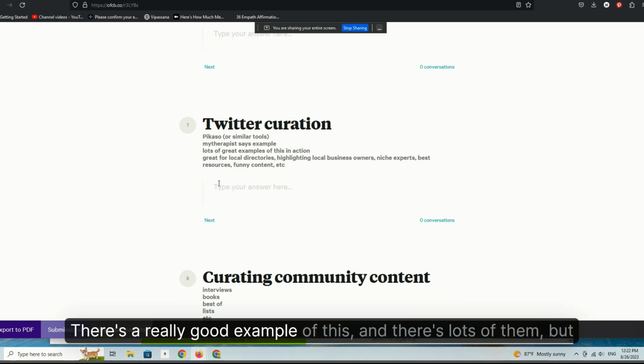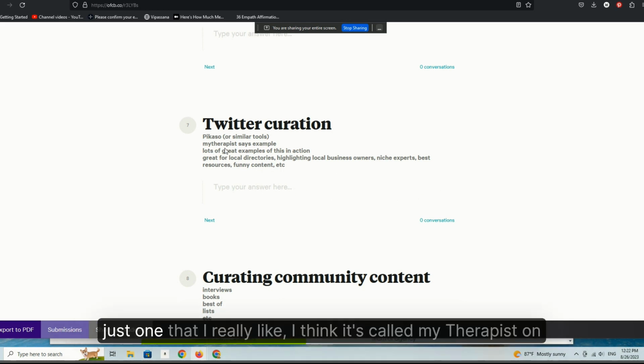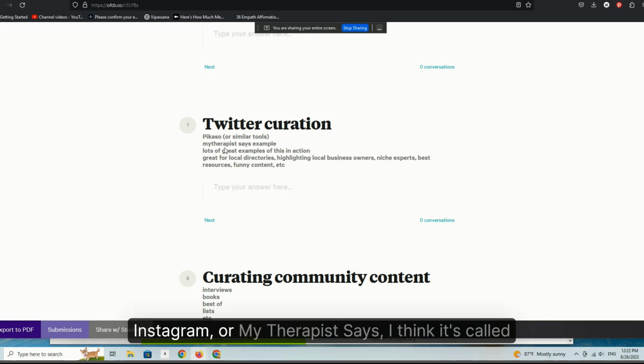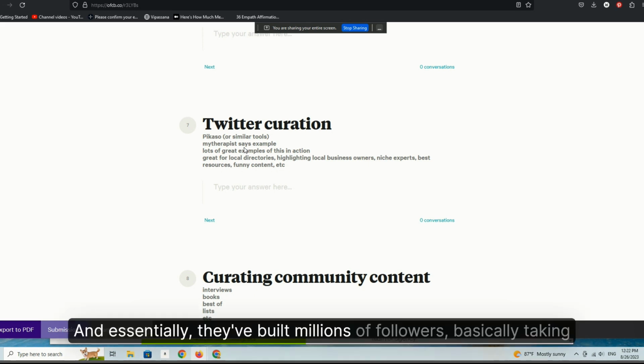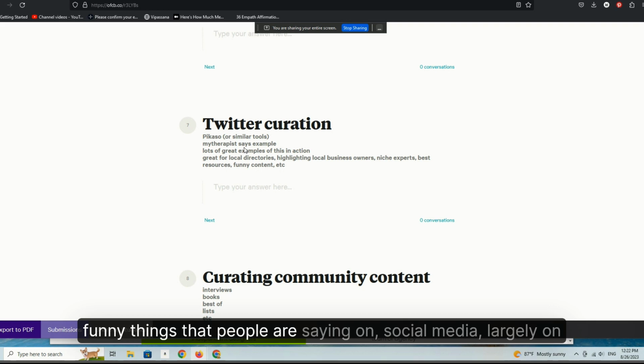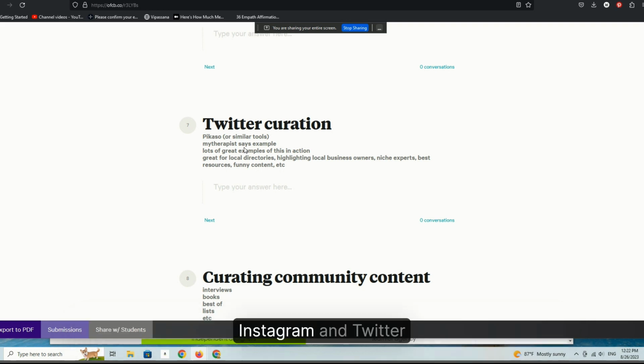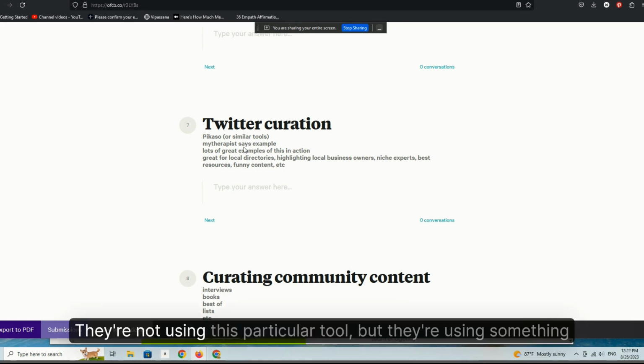There's a really good example of this, and there are lots of them, but just one that I really like. I think it's called My Therapist on Instagram, or My Therapist Says. Essentially, they've built millions of followers taking funny things that people are saying on social media, largely on Instagram and Twitter. They're not using this particular tool, but they're using something similar.